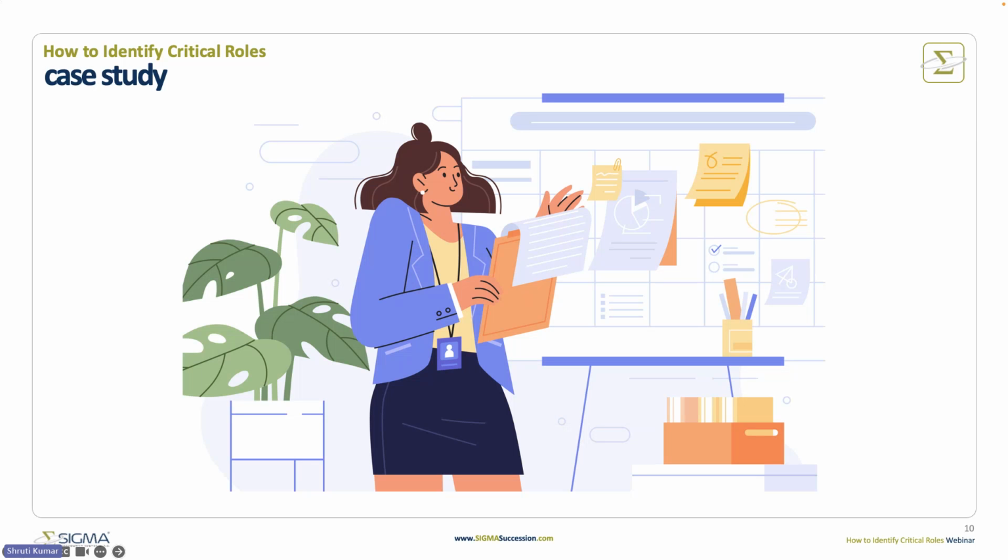Now, Sarah had been with her company for a few years, and she was managing projects that brought in a lot of revenue. Her role required a complex mix of interpersonal and technical skills, and also involved a high degree of institutional knowledge. Now, her organization, in fact, did implement a succession plan, but their process did not involve identifying those critical roles. And so Sarah's role was overlooked because of a focus on higher level executives.